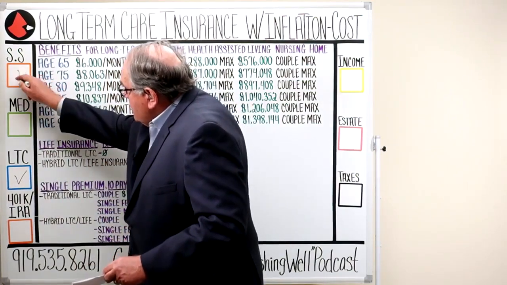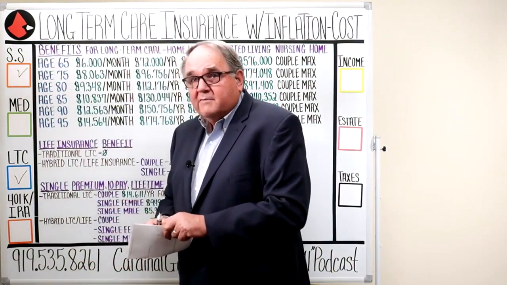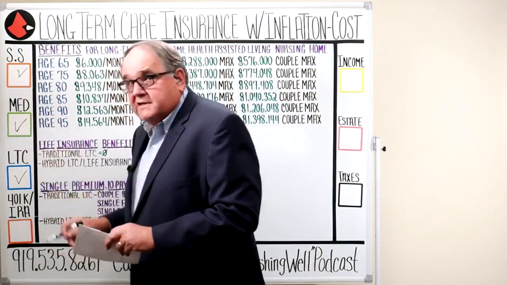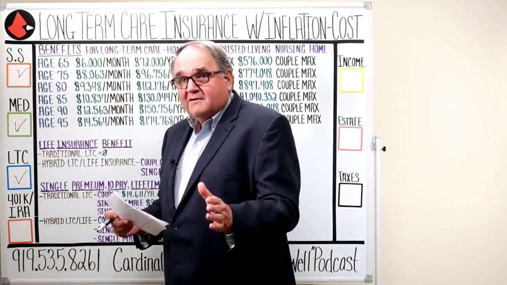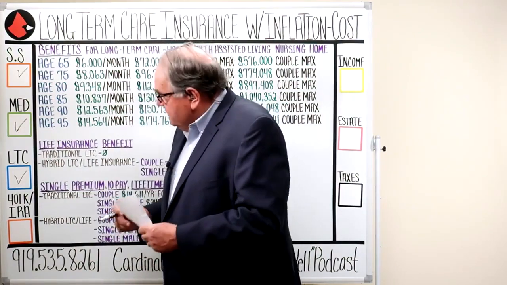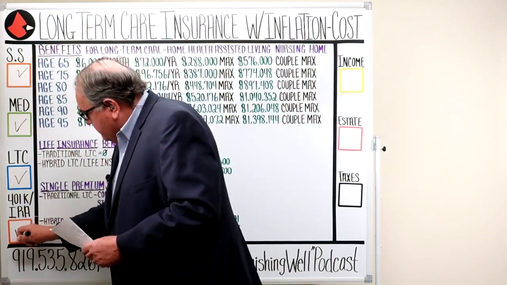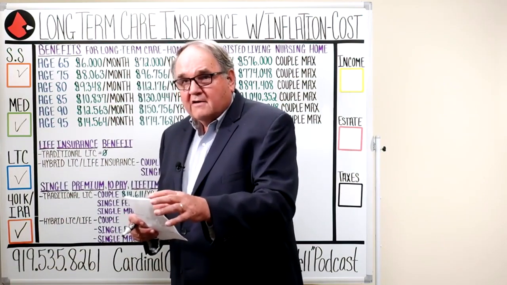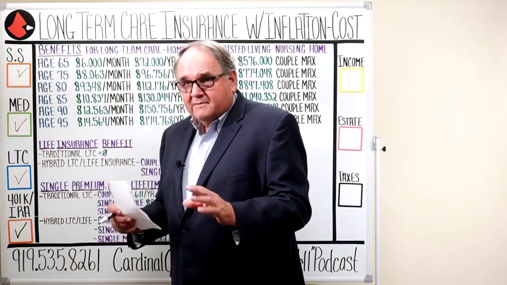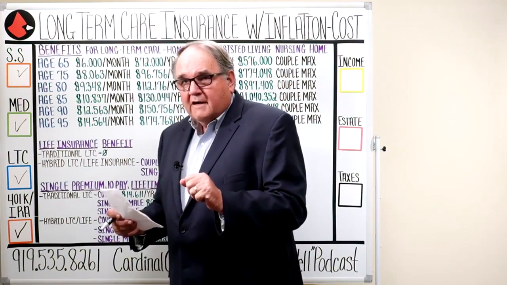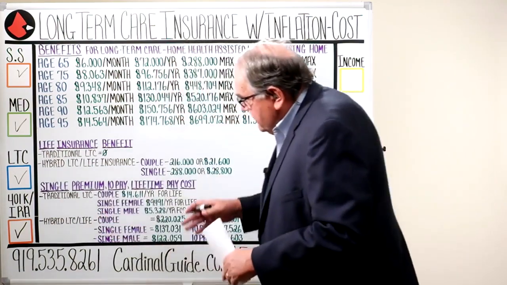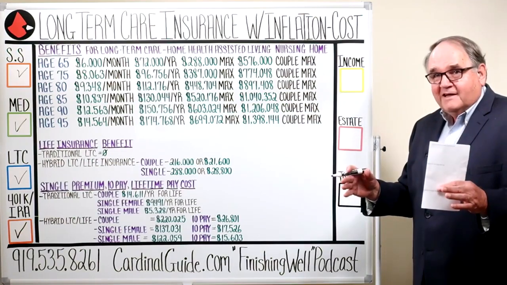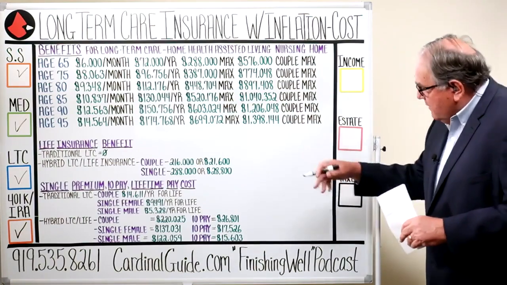But the first thing that's going to get reallocated to pay for that care is your Social Security check. And then Medicare is going to pay for that skilled nursing happening right after the hospital. It's not going to pay much after that. And your Medicare planning is affected. If you have to pull money out of your IRA or 401k to pay for care, that's going to cause a big tax event. Big problems making big withdrawals from that to pay for care. If we have a plan in place for your IRA and your distribution of that money, it's all going to be put in jeopardy with a long-term care event.